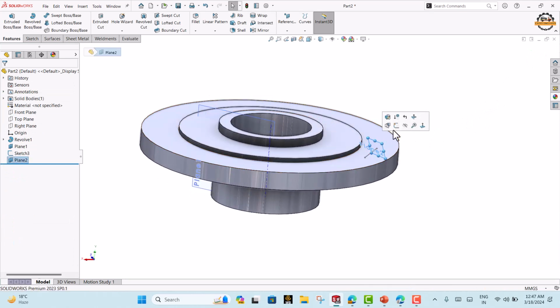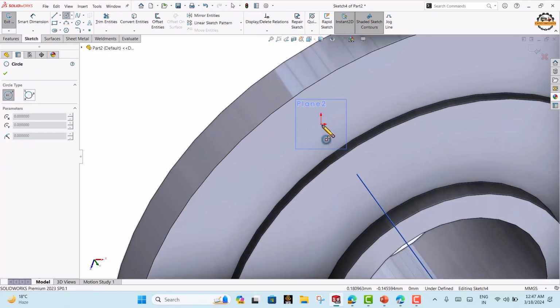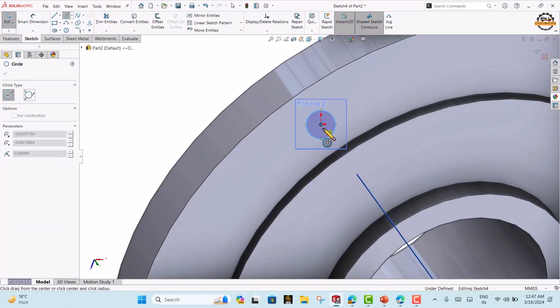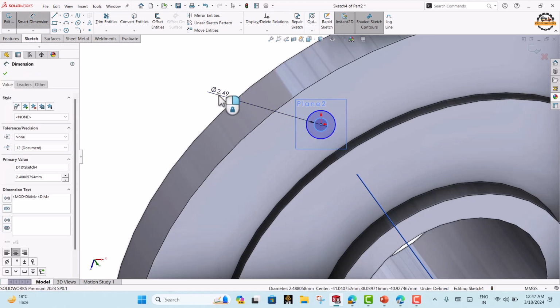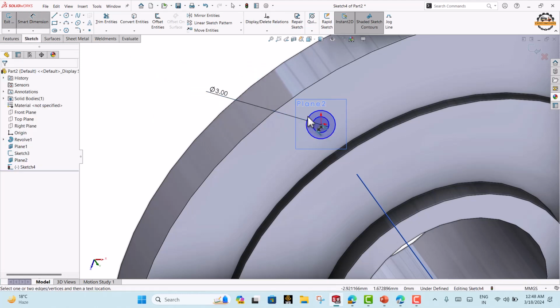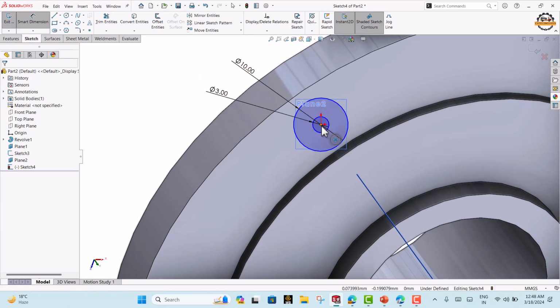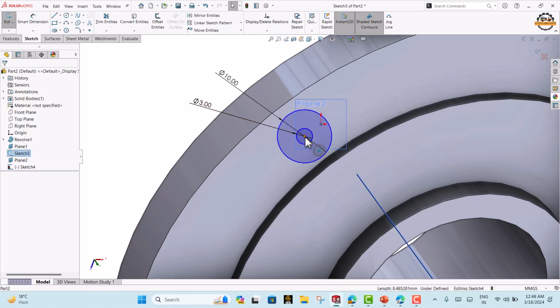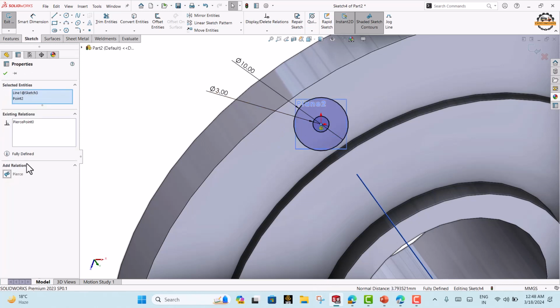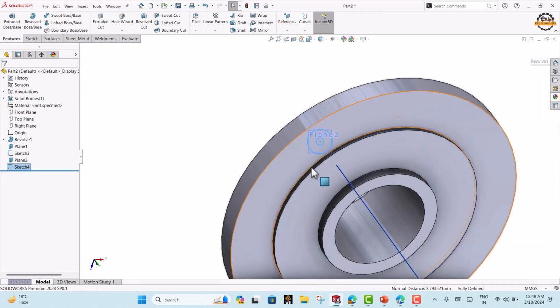Now we'll use this plane to create the two circles. We'll make one circle on this point, second circle on this point. We'll specify the diameter. One is 3 diameter, one is 10 diameter, and we'll make the circles coincide over that point. So we'll select this origin point and this point and make the two coincide. Do OK and exit.